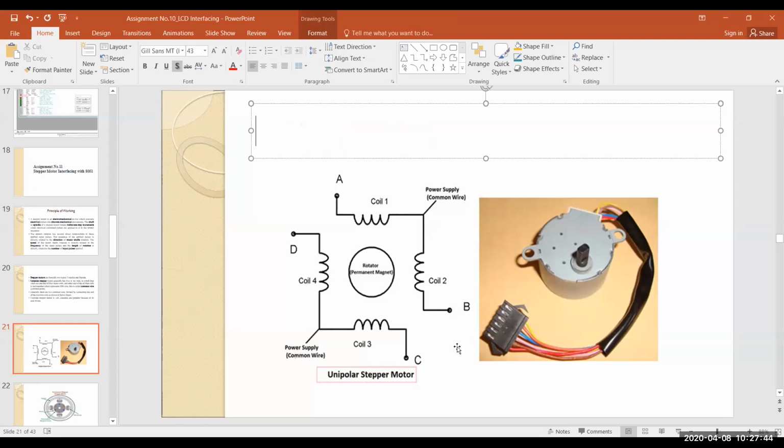Okay. All of you listen. Only the last 10 minutes is remaining. After that 10 minutes, if the meeting is over, then you join the meeting again with the same meeting ID. We will continue today with the same meeting ID because I want to finish this stepper motor presentation and stepper motor assignment. All of you getting this? Any problem?